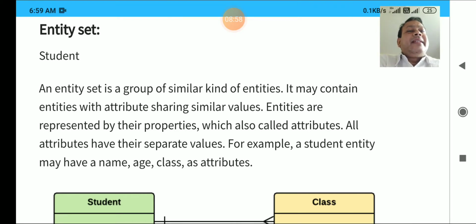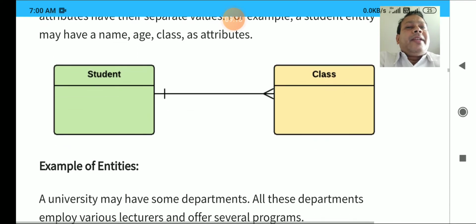A very simple example is given over here: entity set. An entity set is nothing but a group of similar kinds of entities. Set, we already know from mathematics. So it is a group of similar data. This is what is called an entity set. Here student is there, class is there. How are they related with each other? A student is going to sit in a particular class. That class may be defined as M204, M203. That class has to be defined for a group of students for a particular batch.